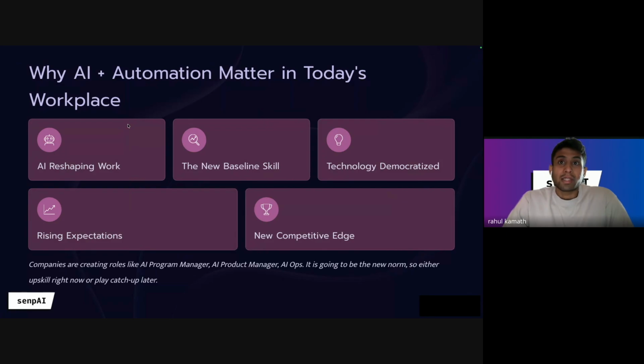So the expectations are increasing at the workplace. People are expecting even program managers or MBA grads or anyone with a non-tech background to build prototypes at least. In fact, I think Google has started this. For a normal program manager or product manager role, you are supposed to vibe code a prototype during your interview. So interviews are becoming like tech interviews right now.